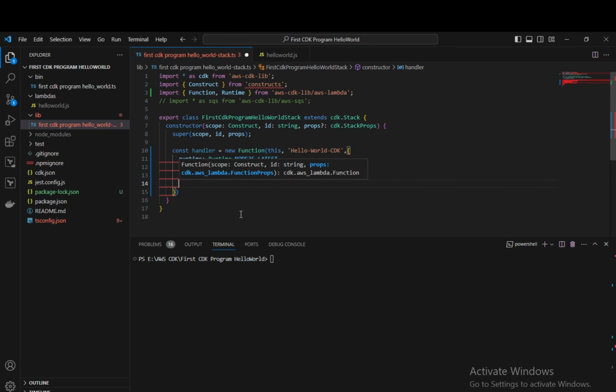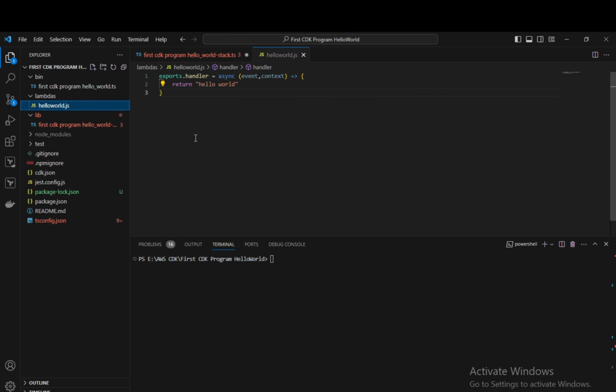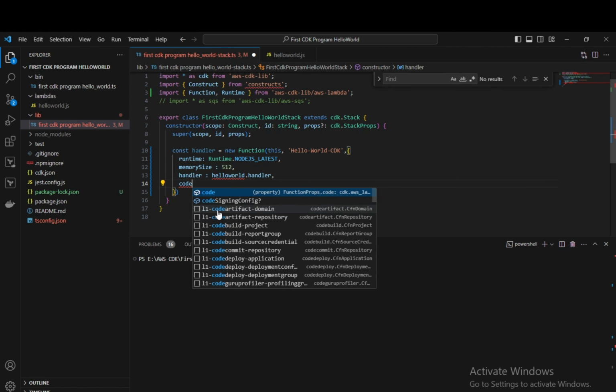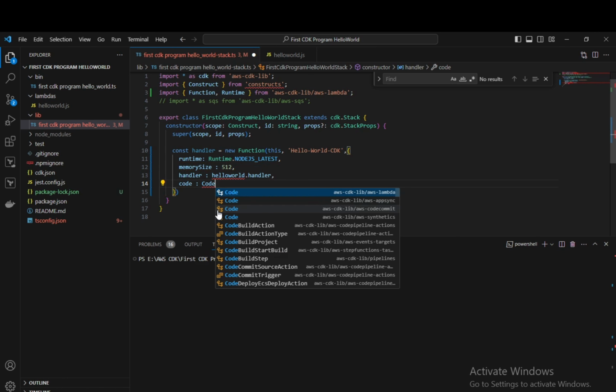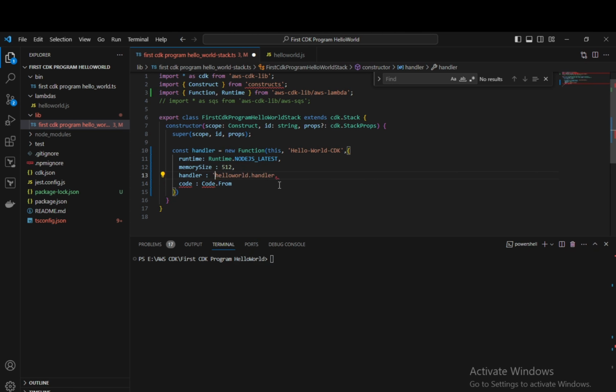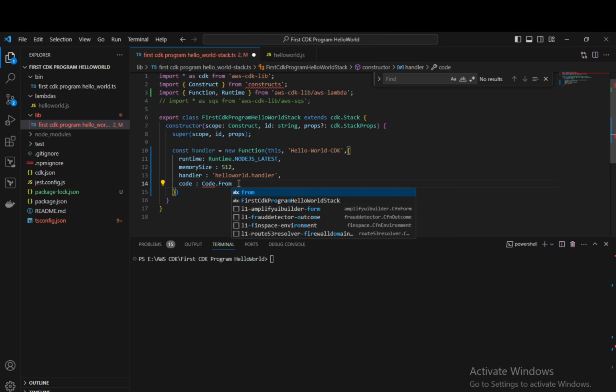and then we are going to specify the path of this hello world.js file. Okay, so basically we have created a folder called lambda folder, and inside the lambda folder we have created a handler. Okay, now to call the handler inside our stack, we need to specify the path from where exactly it is going to take that handler, and how it is going to execute that handler. So to execute the handler, we have a property called code, and we have code dot from asset. Let's put a colon here. We are missing a colon here. Dot from asset,